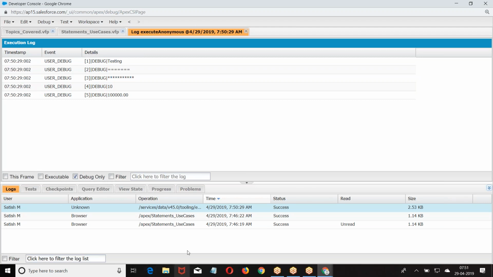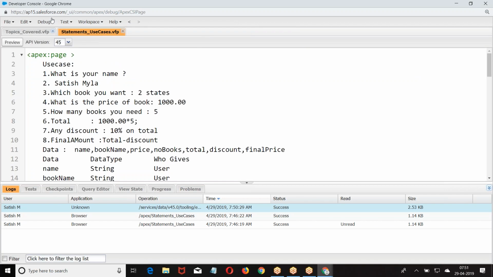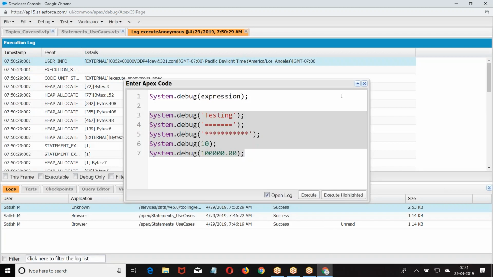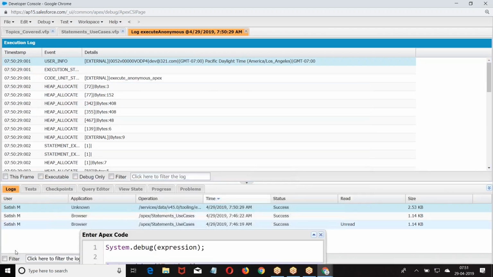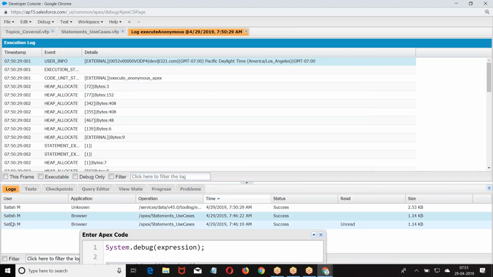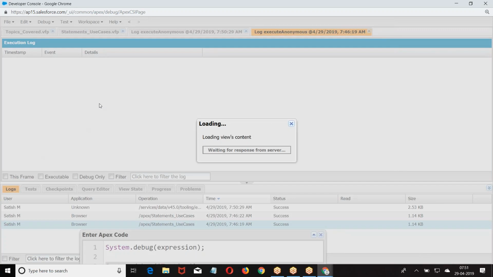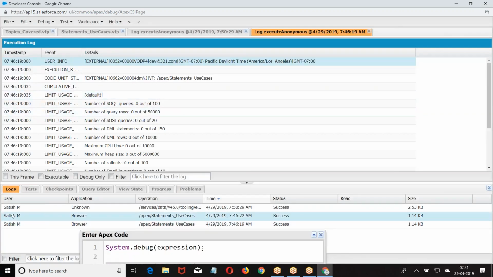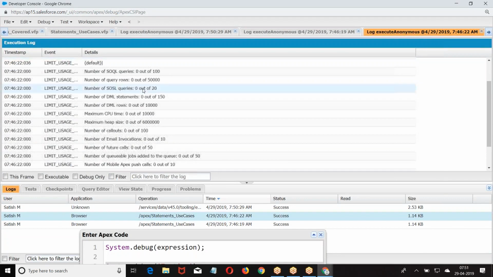Now, always remember, when you are testing in the log file, if you give random messages, it will become difficult for you to understand where they were, because the log file will have hundreds of lines, with step by step execution. In the log file, how do you understand what your output is?